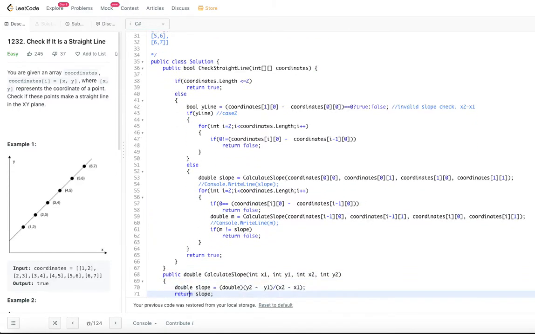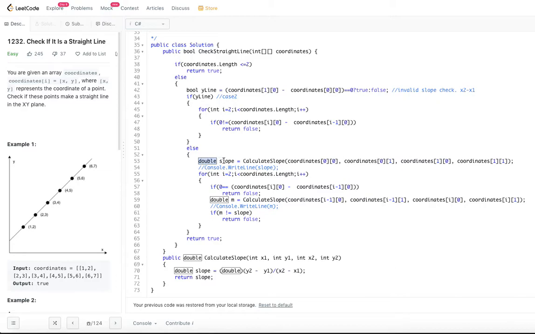Now come back to case 1. In case 1, what we are going to do is calculate the slope for the first 2 points. So 0, 0, 0, 1, 1, 0, 1, 1. These are the first 2 points. You calculate the slope and keep it in the slope variable. And starting from 2 till the coordinates length, calculate the subsequent slopes. If it becomes 0, then you return immediately false. Otherwise, just check the slope again. If it is not equal to the slope calculated in line 53, the first slope, then also you